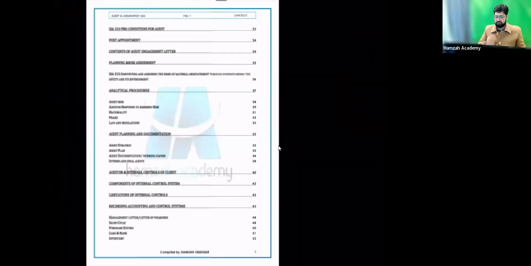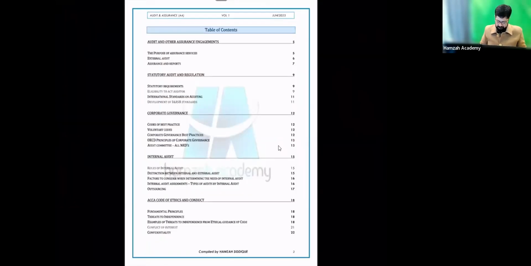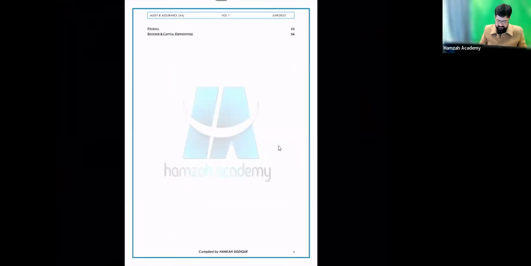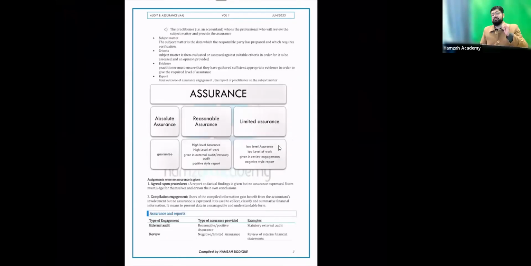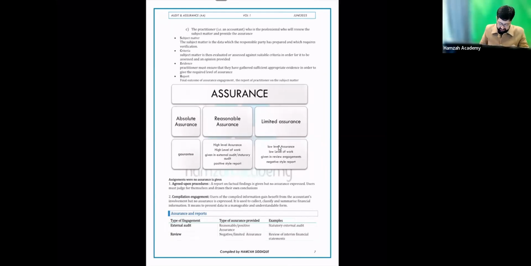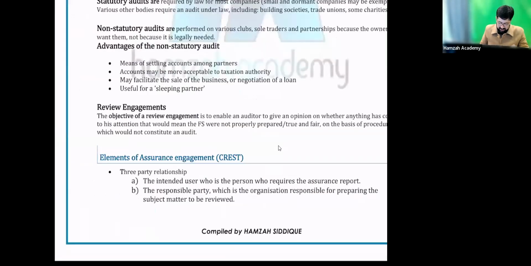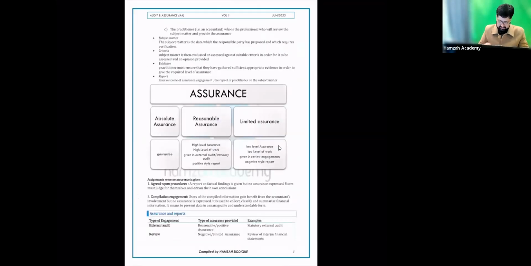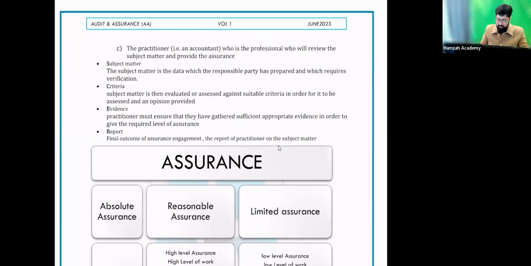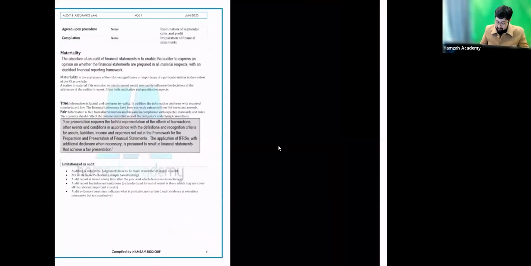Okay, so now let us proceed. We have discussed assurance engagement already, and the assurance engagement, the criteria, intended user, responsible party, these are all things we have discussed. Now the next topic is types of assurance. But before proceeding towards that,